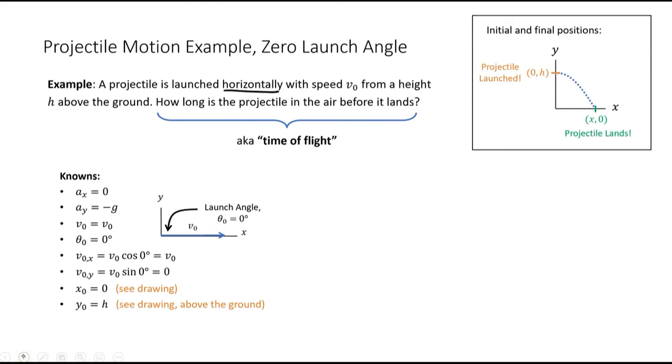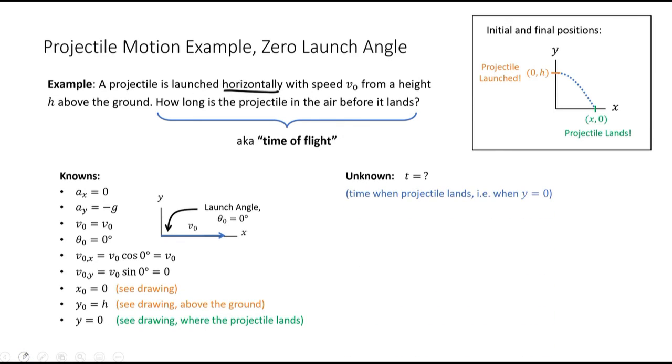Last thing we actually do know here, so there's a lot of information packed in that little sentence. So the last thing we know here is that our final time in this case is going to be when the projectile lands. And so when it lands, we already said that the height of the ground is at 0. So in other words, when the projectile lands, that means we want y to be equal to 0. So the final position in the y direction when the projectile lands is going to be at y equals 0, which is where we defined our ground. Okay,